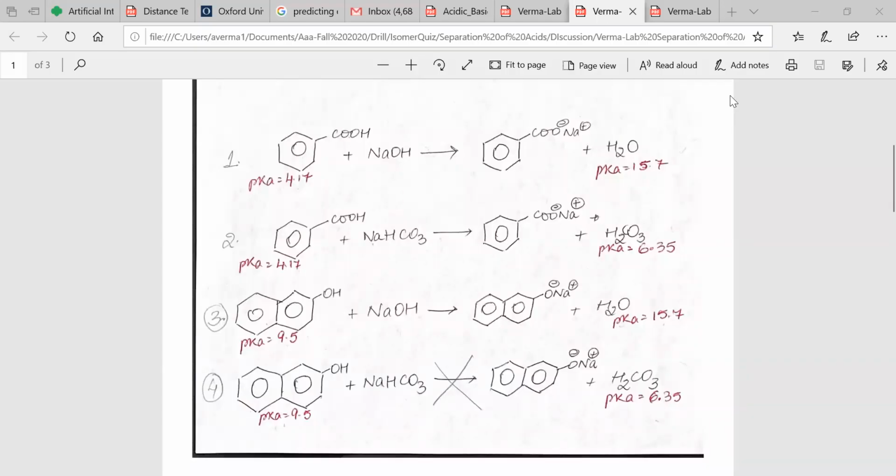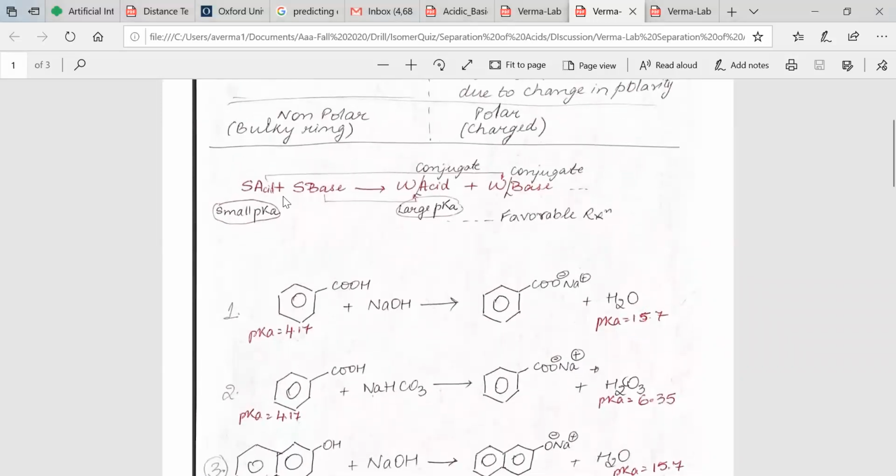By keeping that in mind, when benzoic acid is reacted with sodium hydroxide and the corresponding anion is formed, the resulting conjugate acid has a higher pKa and hence is weaker, whereas the starting acid has a lower pKa and hence is stronger,